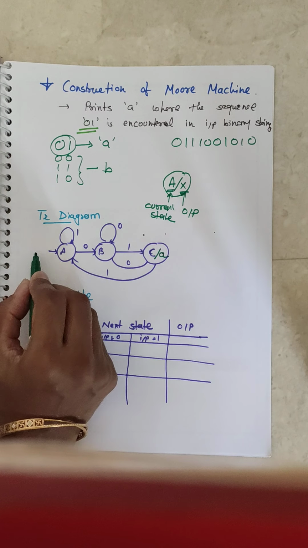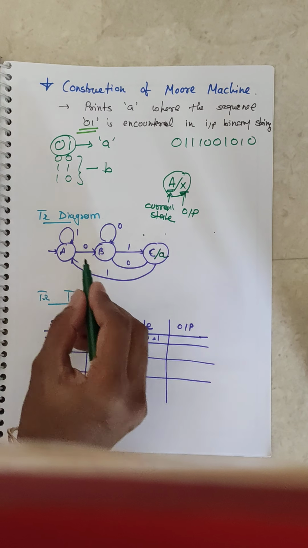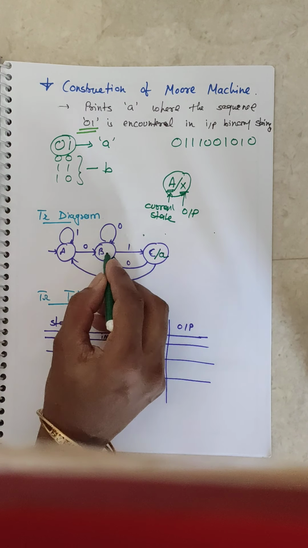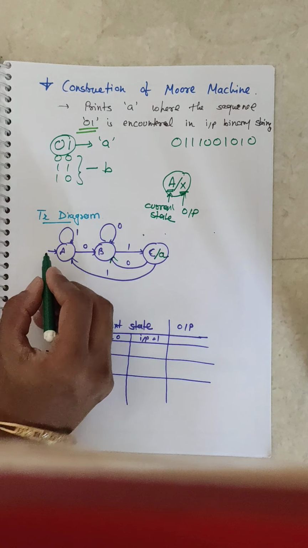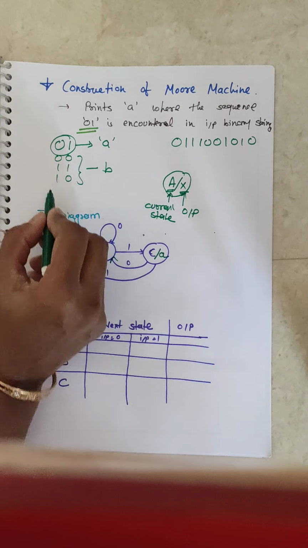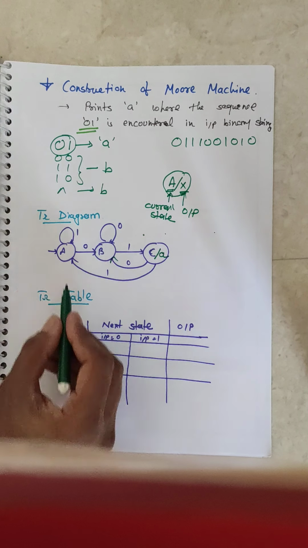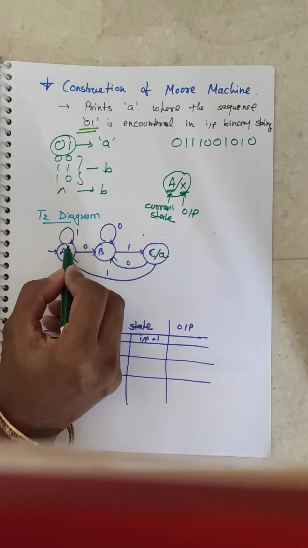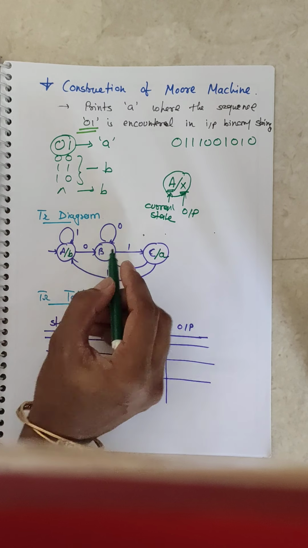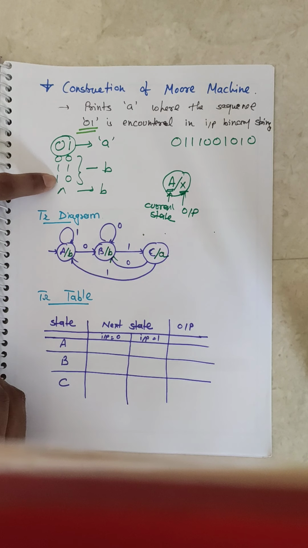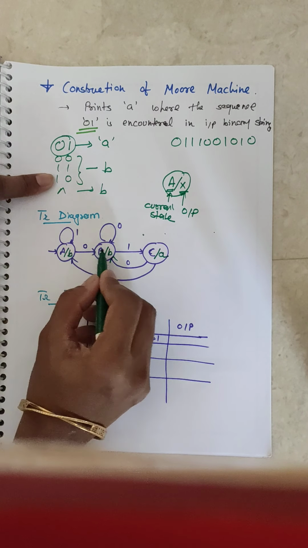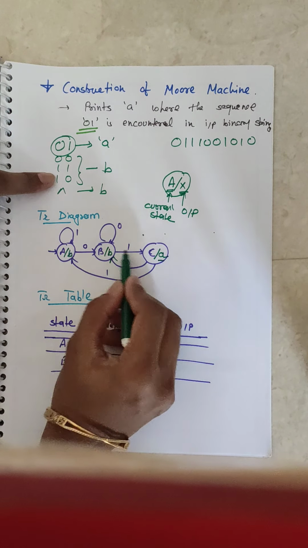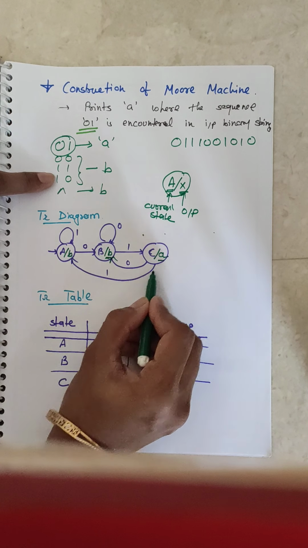Initially we check the other options. Is there any other option? Besides 0 1, which gives A, initially there is nothing, that means the other option is null, and again it gives B. So nothing means B. Then 1 gives B, 1 0 is again B, only 0 gives B, 0 0 gives B, 0 1 gives output A, 1 0 gives output B, 1 1 gives output B.